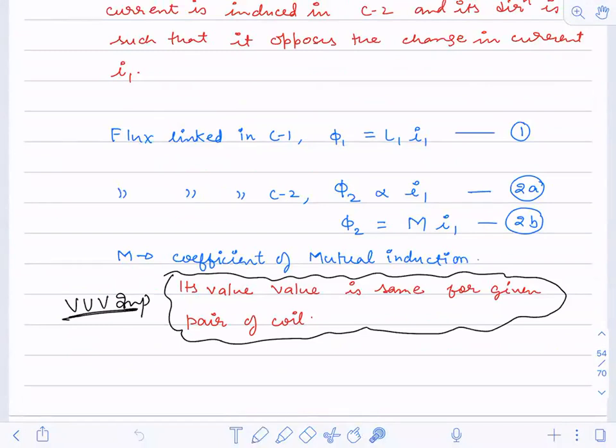Now if you see here clearly, the flux we are observing is in coil 2, and the current is of coil 1. Similarly, if I supply a current in coil 2 and I look for the flux in coil 1, I'll write this as flux in coil 1 is equal to mutual induction and current in coil 2. If the current flows in coil 2 and I observe the flux in coil 1, this is the way you will write. Fine. Did you all understand this?